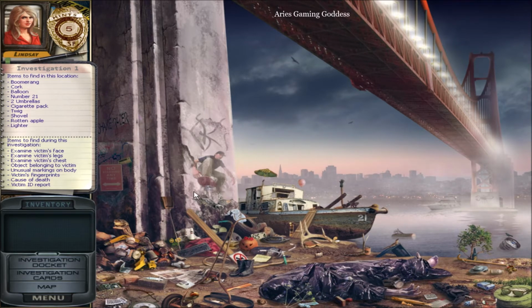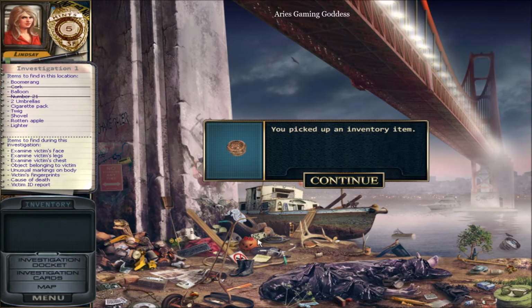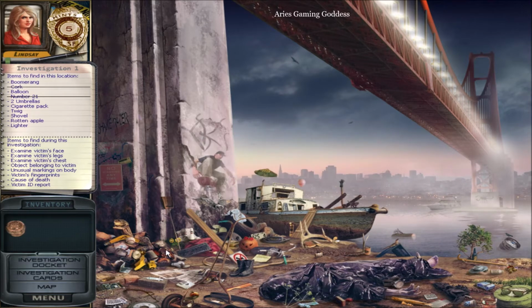So let's see. We need a boomerang. Okay, here's 21. So I'm gonna skip around a little bit. 21. Got a corkscrew. You picked up an inventory item. Okay, so our inventory, certain objects go here for inventory. A rotten apple, a twig, a lighter, cigarettes,